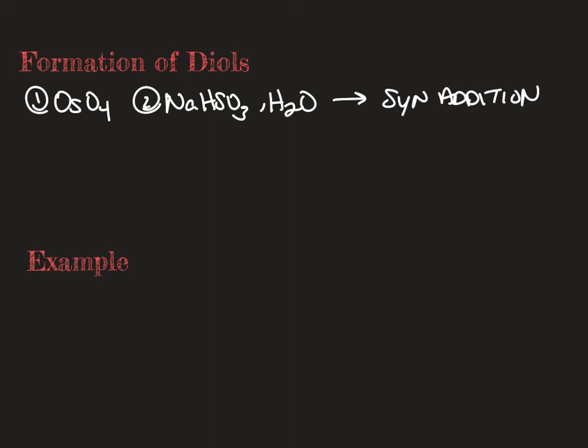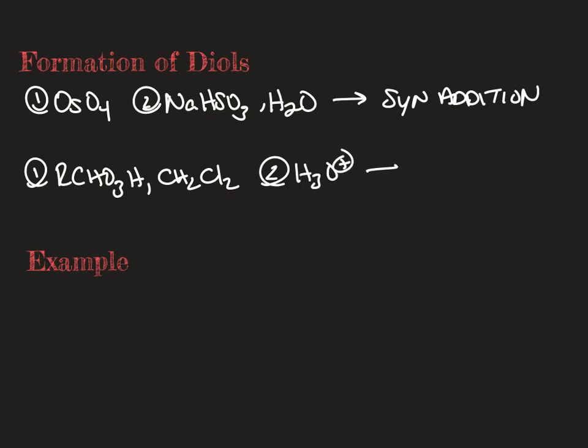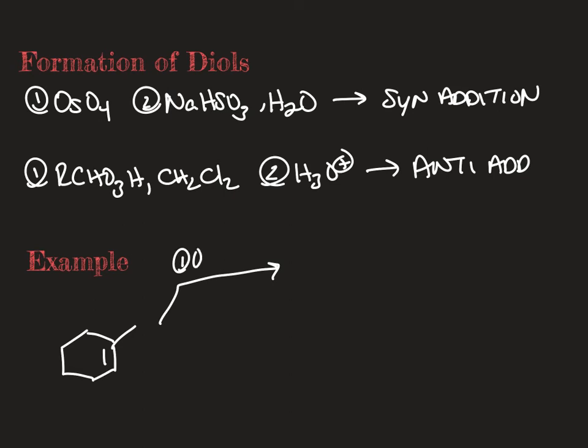If we want anti-addition, we have reagents that will do that as well. So again, both go through epoxides. If we want to look at a couple examples, we'll use the same alkene as we did in the previous slide to start. If we use the osmium reagents,